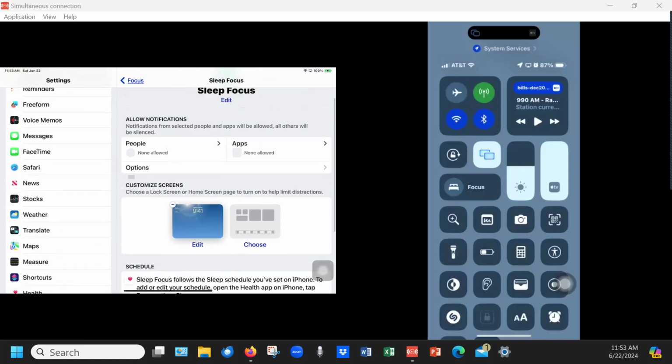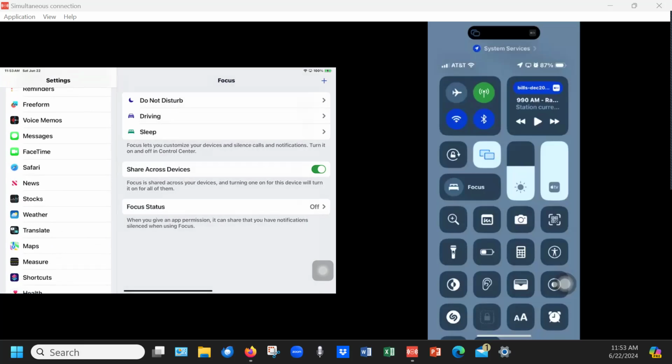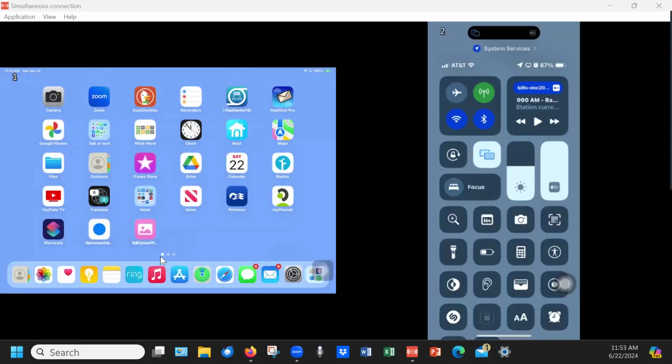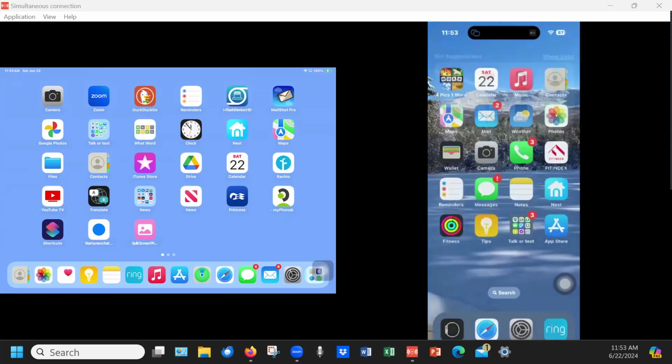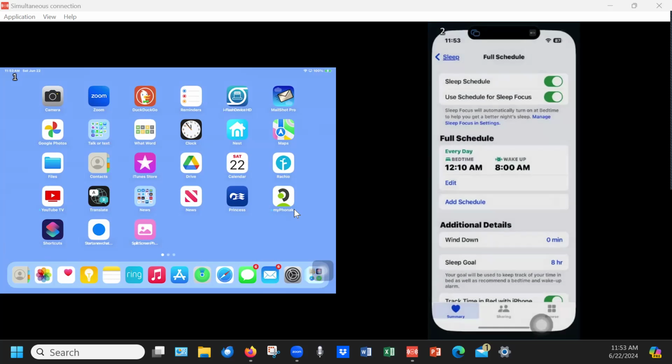When I press sleep, it said customize focus. I know. What it suggests doing is going to the Health app. It's called Health, and it looks like this. So I'll do it on my phone. I'll open the Health app,